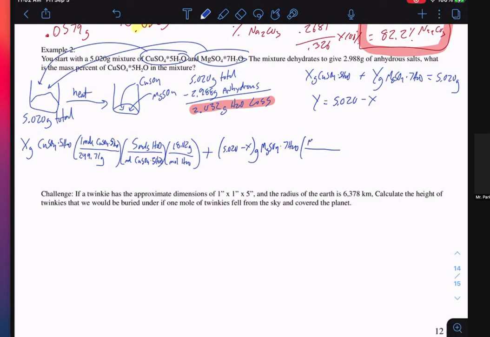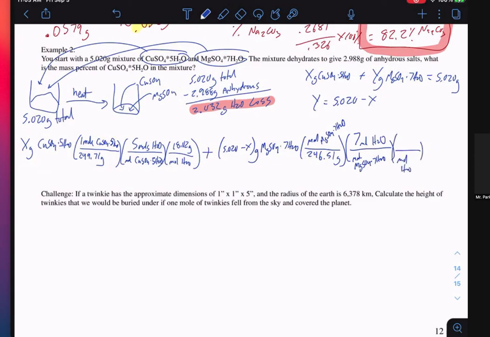A mole of this is 246.51 grams. All right, so that's moles of the MgSO4·7H2O. So I need to go to another step and go to moles of water. There's 7 moles of water within. And one more step. A mole of water